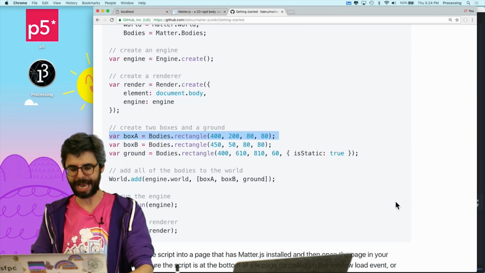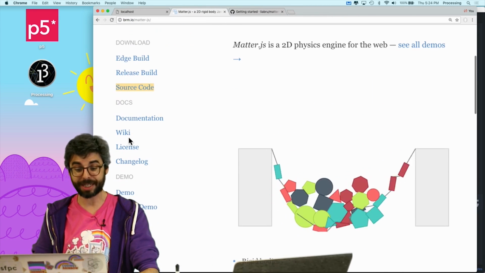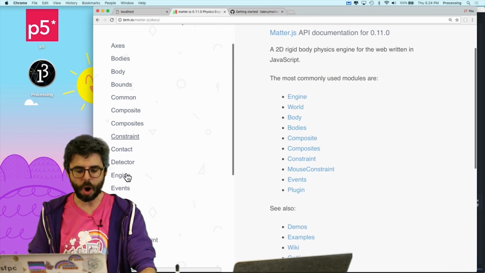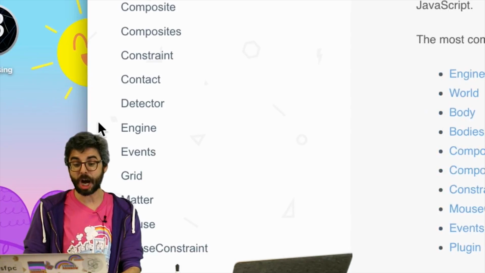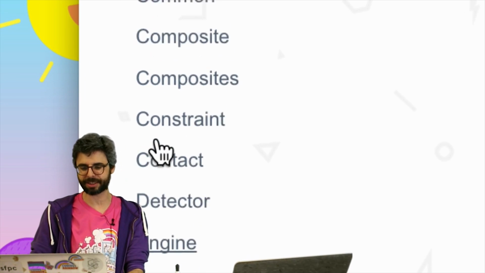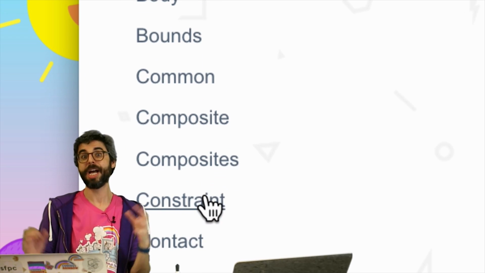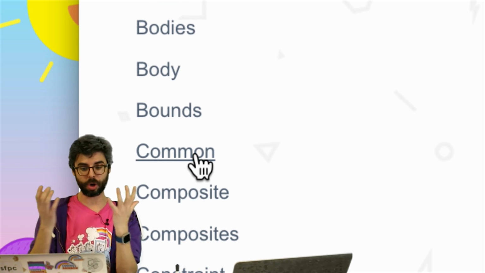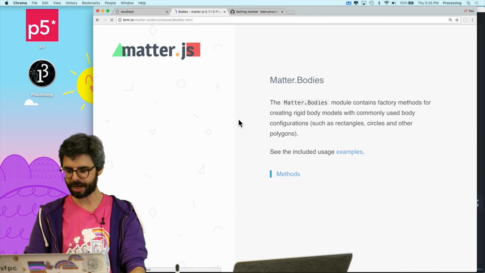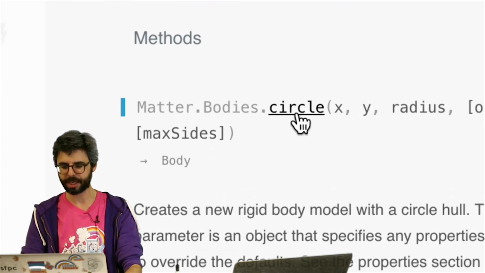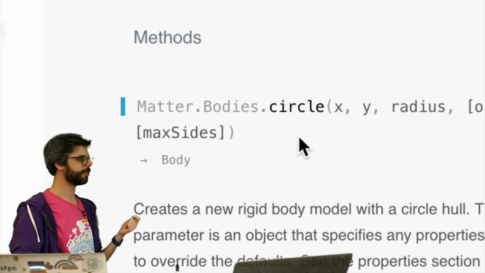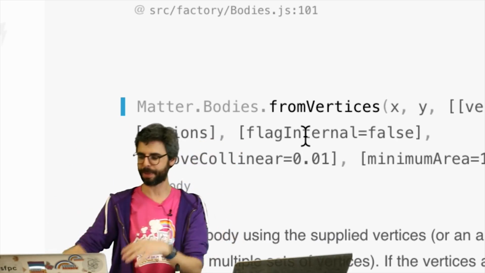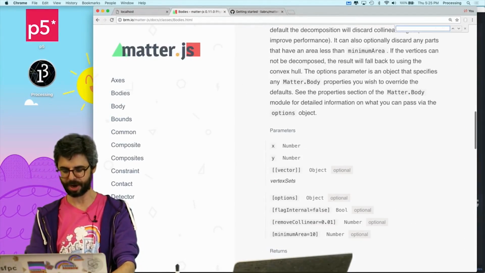One of the things we can look at is if I go to Matter.js and go to documentation. Under documentation, these are all the different subcategories where there are various functions and objects you can have access to. Constraint is clearly where we're going to make things to connect. Bounds is kind of interesting. Maybe that has to do with the boundaries of the world. But bodies, if I click on that, has a whole bunch of methods like circle. Circle creates a circle. From vertices, meaning I could pass a list of vertices to get some sort of polygon. This is great. And if I look down in here and try to find rectangle,